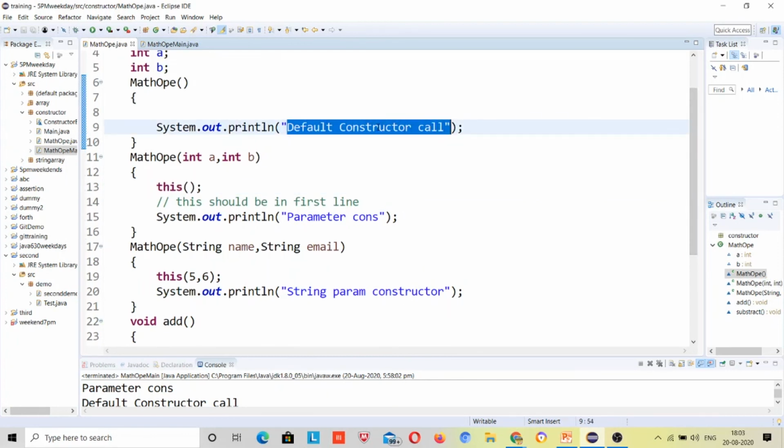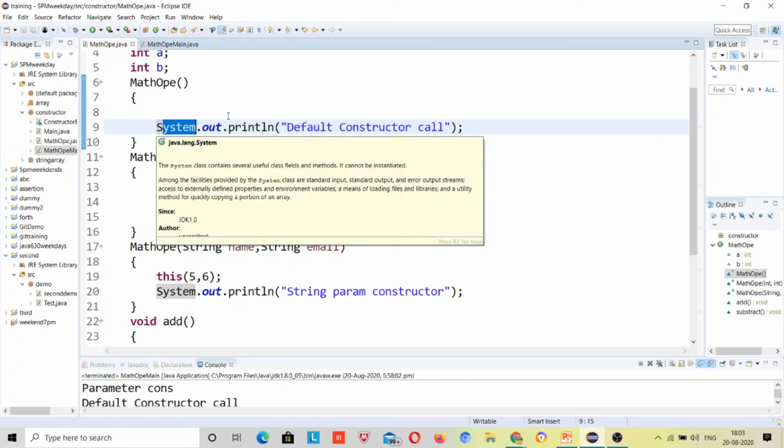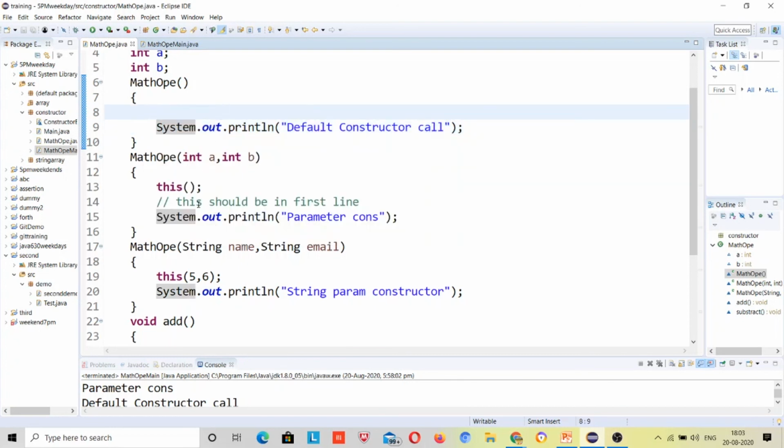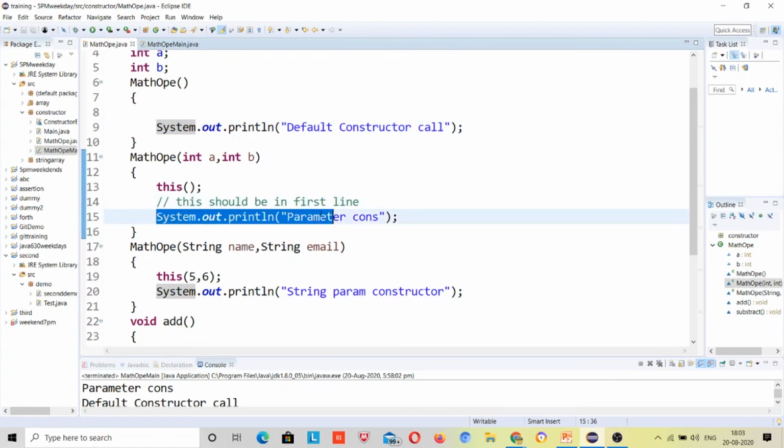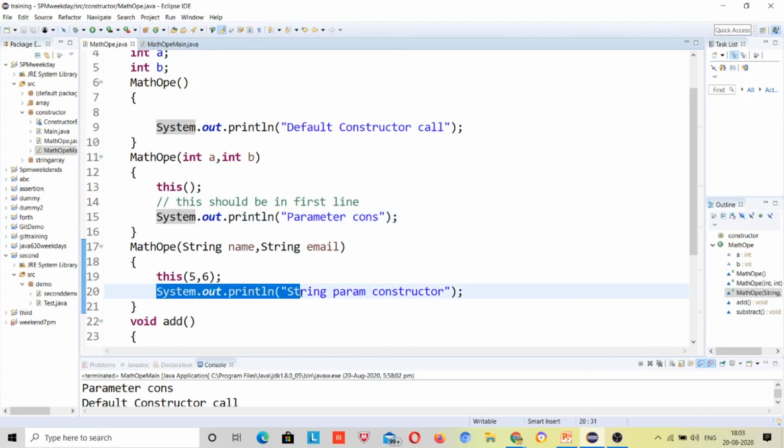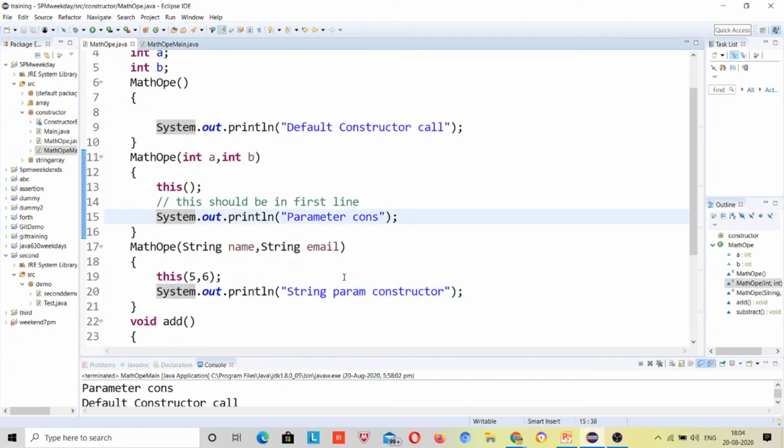From here, where it came, first it will print default constructor, and then from here it came from this method. Now it will print parameterized constructor, and then from this method it will print string param constructor. So the output is default constructor, parameterized constructor, and string param constructor.